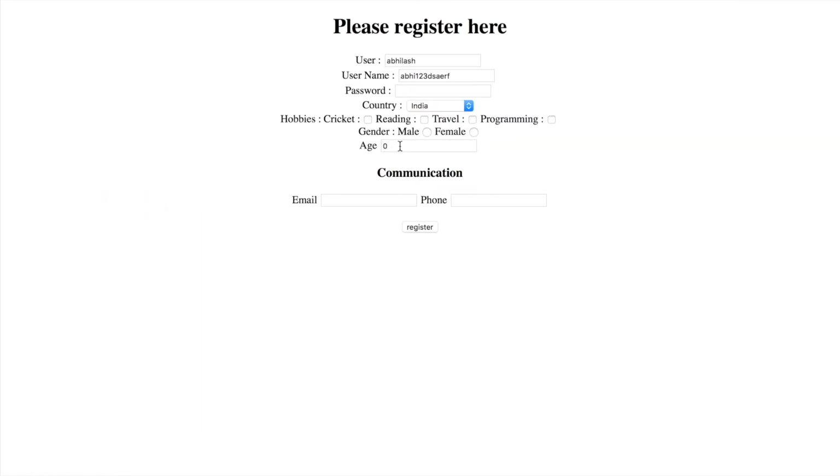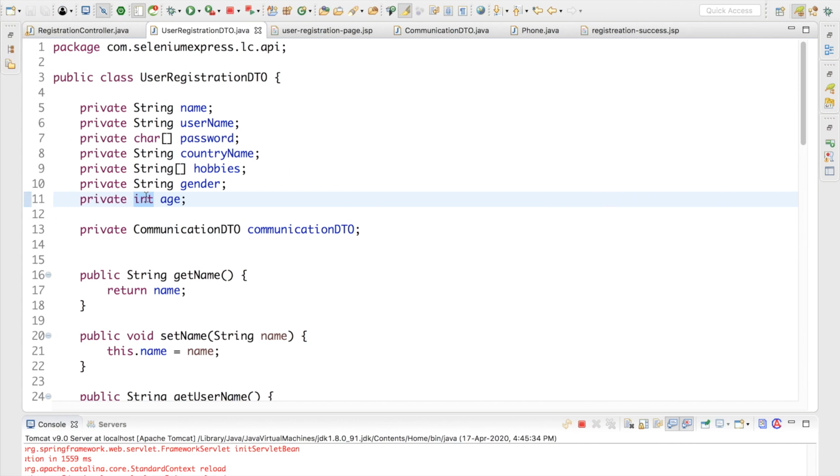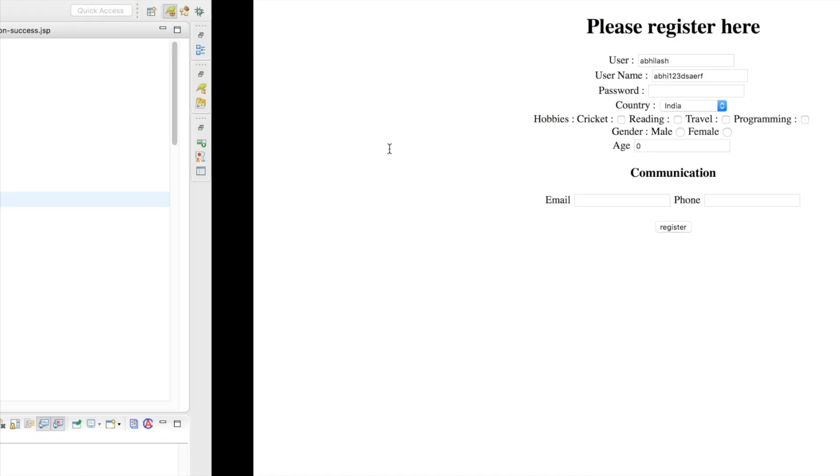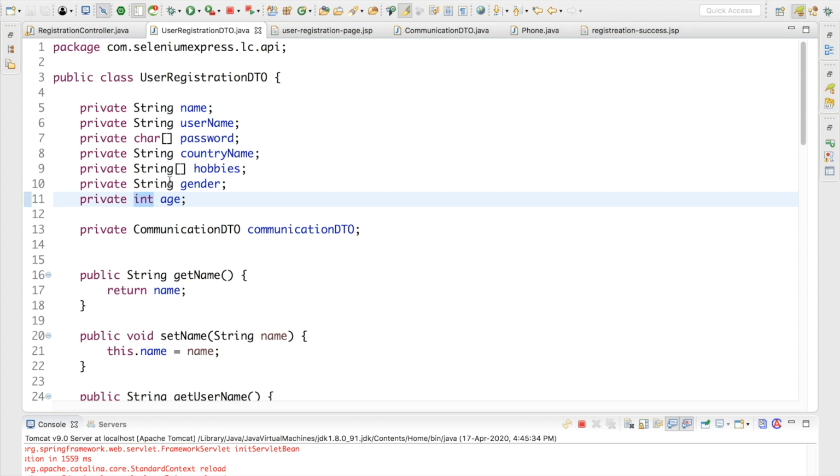If you do not want any value right here, just change it to integer type. Okay, integer data type, I'm talking about the integer wrapper class, right? So the object default type will be null, so you won't get any default value right here if you are going to change it to integer. That's not a big deal right here, but the thing that I want to explain to you here is,